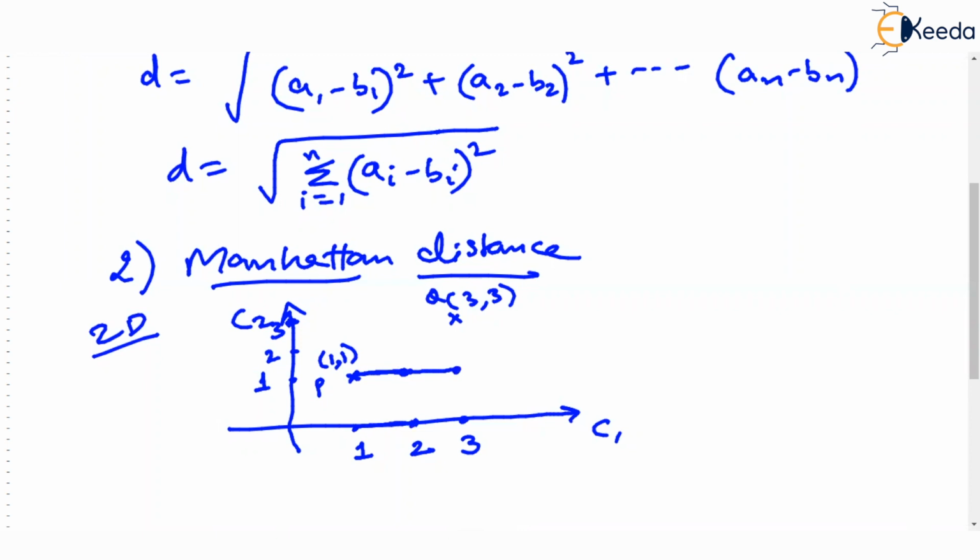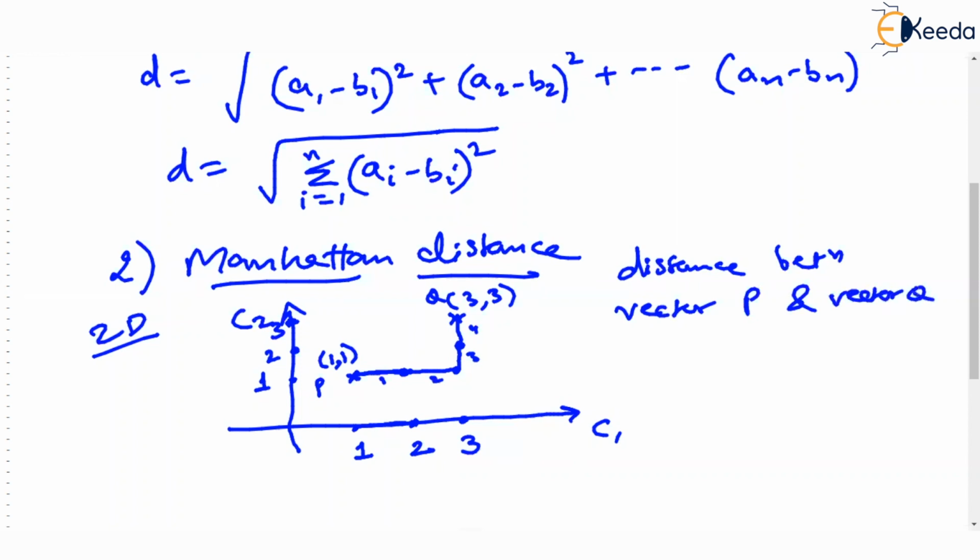Now I want to go to Q. I will use again a step size 1. See, I'm at 2 now, from 1 to 2. And I will take again a baby step from 2 to 3. So how many such unit steps have I taken? 1, 2, 3, 4. Then we say the distance between point P and point Q is 4. Of course, distance will be one single value, isn't it? It will be a scalar.